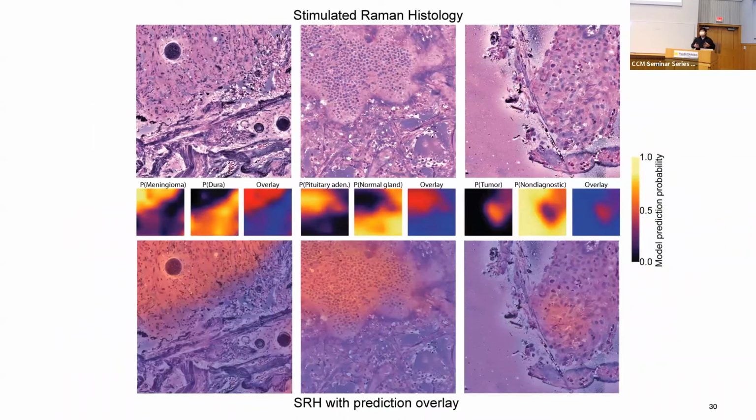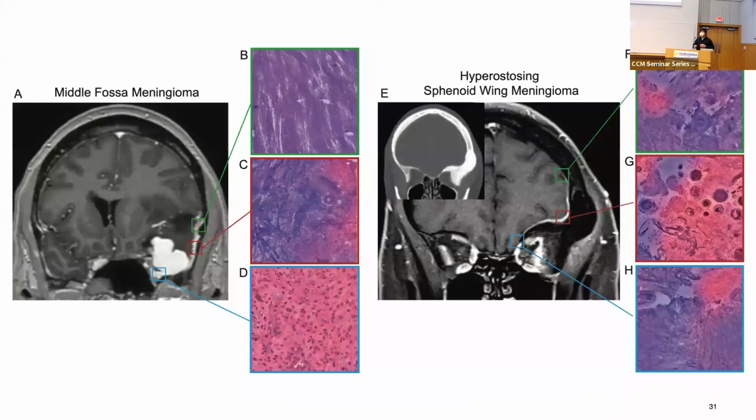These histology images are actually very big. So when we are processing these images, we divide them into small patches, so we can run inference on every patch and create a heat map of the tumor margins. So we can see that the model provides very good margins for both the dura and the pituitary gland when there's tumor infiltration. And this is a very good indicator for surgeons to tell them where might be the better place to operate. And this is also one of the feedbacks that we got from our reviewers, because margin delineation is a very important problem for neurosurgeons when they're working with